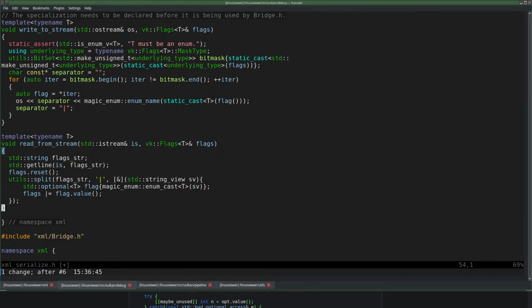Pretty sure this whole thing works now, right? Can read and write flags. Only took a few hours to write.